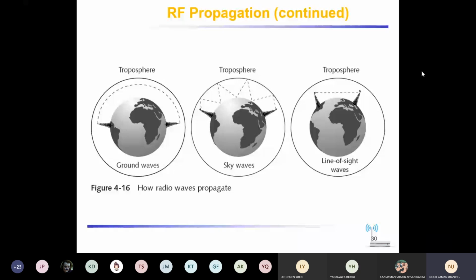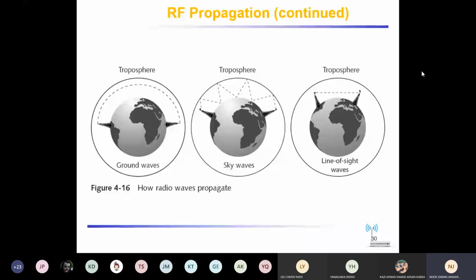In 3 types. One is known as sky waves, which is in the center. The signals come from the satellite, and in that mode, signals come vertically towards the earth. Then line of sight, you know the line of sight being a computer science student, is when the signals move in a horizontal pattern from one point to another point. And the ground waves: because of the shape and curvature of our earth, those signals which travel with the curvature of the earth are known as ground waves.